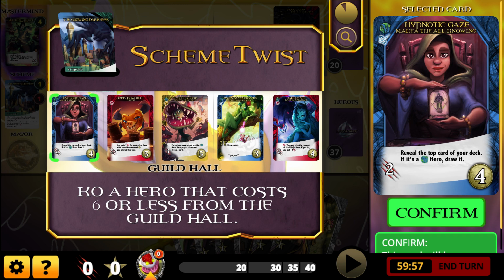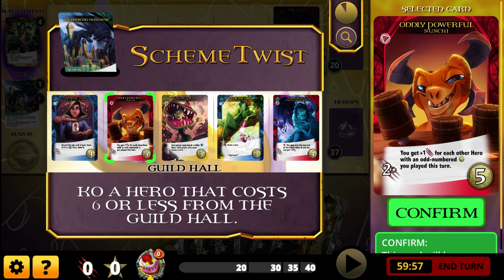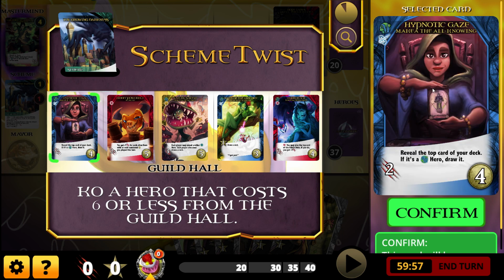Hypnotic Gaze is another really good card. It goes against my primary synergistic approach because it does cost 4. Magi Nation Ranger, 2 attack when you play it. Reveal the top card of your deck. If it's a Magi Nation hero, draw it. That's awesome. And that's not a triggered ability. That's not one that you get through a synergy. It's just play it, and you can potentially draw another card. And you are guaranteed when you do that you will have a potentially powerful card because you're drawing another hero as opposed to the